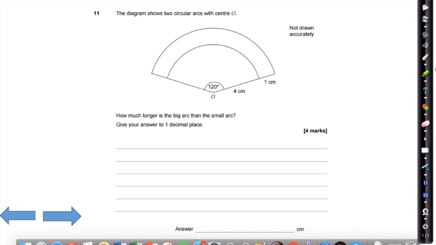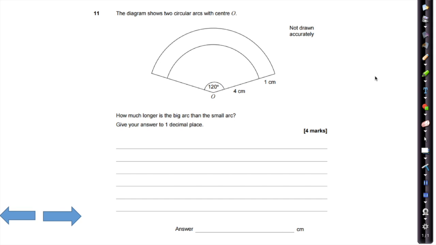Question 11 is looking at a circle problem, so we're looking at arcs, and we're talking specifically about how much longer is the big arc than the small arc. So view this problem like this. We've got this big arc here, and if we want to know how much longer it is, then we're going to have to say, well, that big arc minus